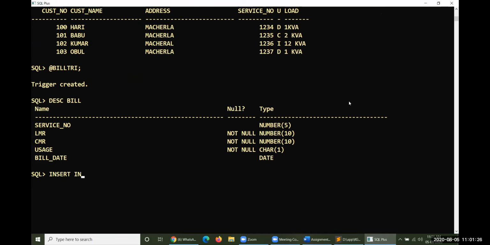Insert into bill values: ampersand service_number, ampersand LMR, ampersand CMR, ampersand usage, and the bill date.